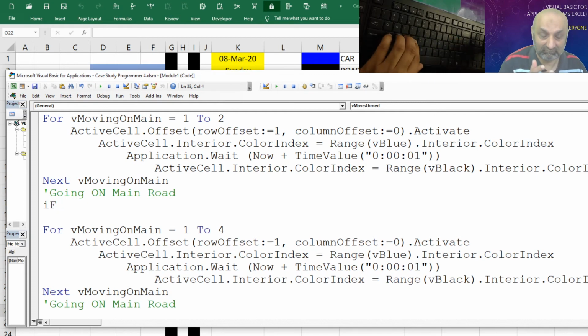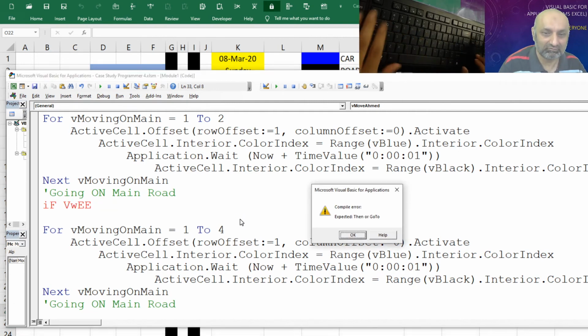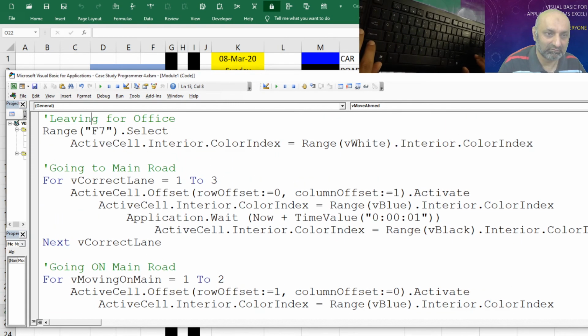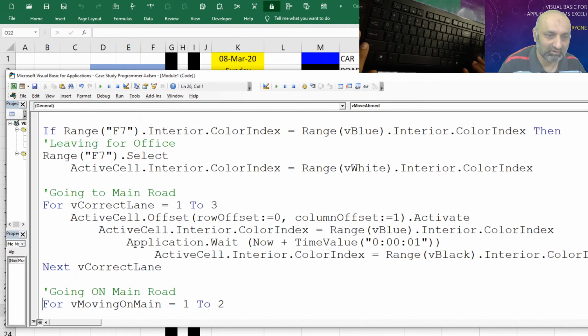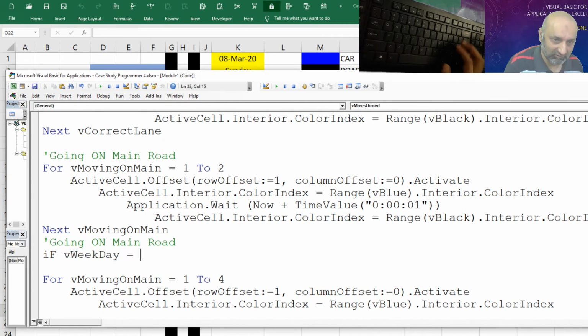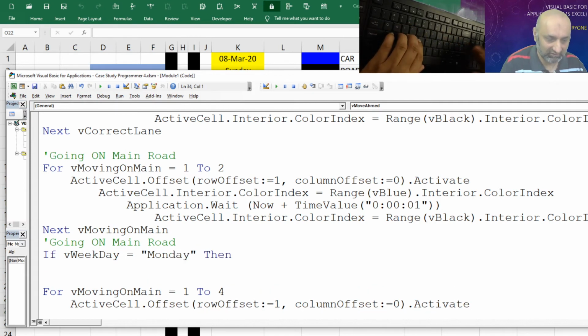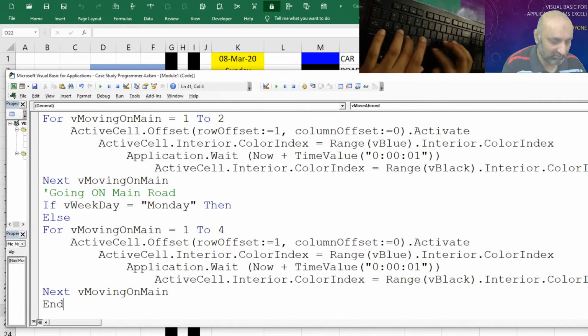If it is Monday, which is weekday, better to copy our variable instead of typing it, so that there is no mistake. If weekday is equal to Monday, and this should be in inverted commas, Monday, then do this, else we should run this loop and if.